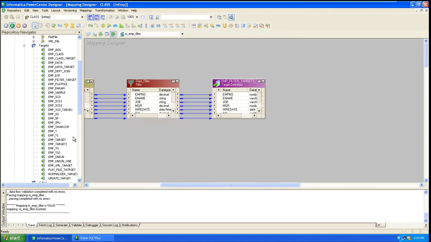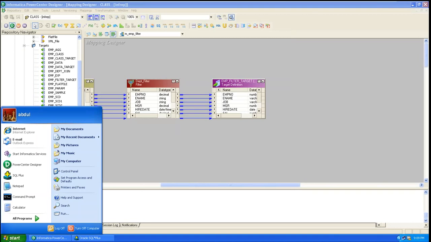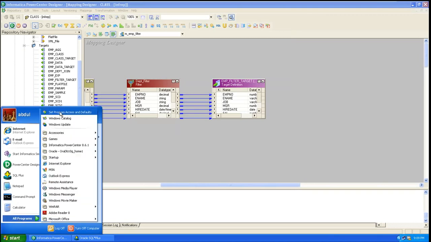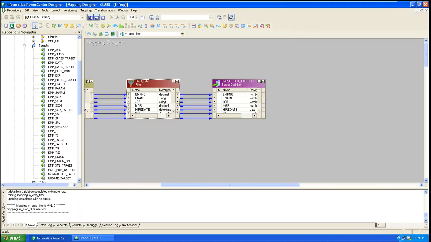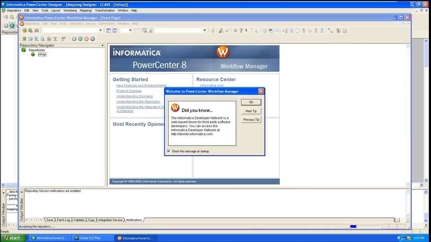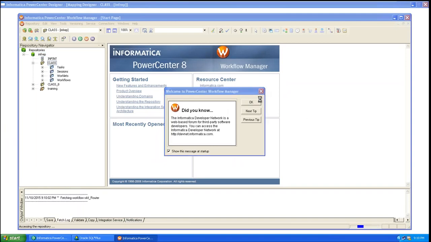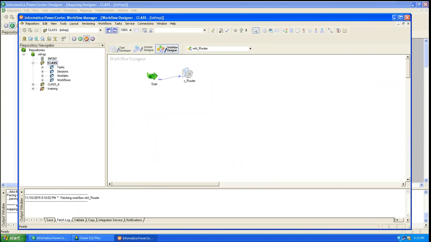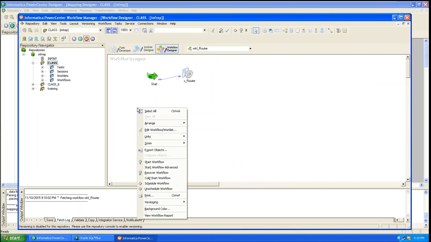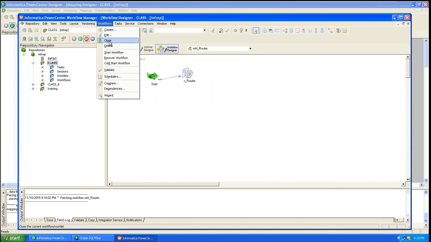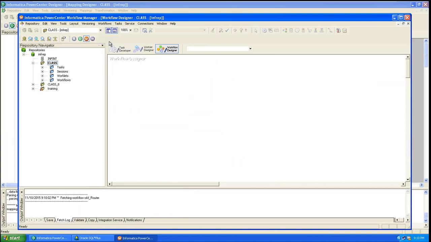Now go to the workflow manager, just here only you can go. Don't go like that. Yes, there it is. If you click on workflow manager here, it will open the window. Good. Now close the existing one, go to the workflow tab and then close. Very good. Now create a new workflow here. Go to the workflow and then create.